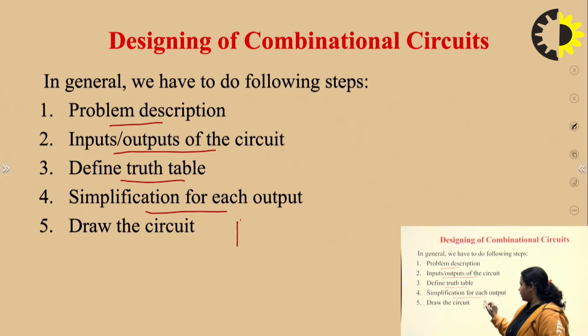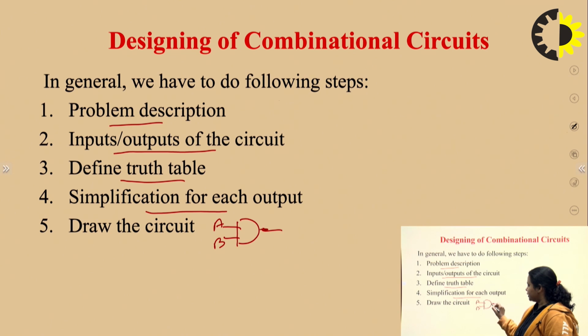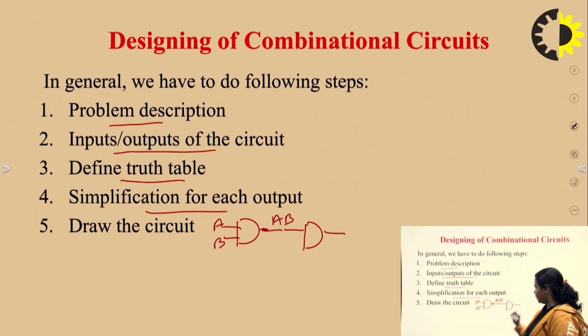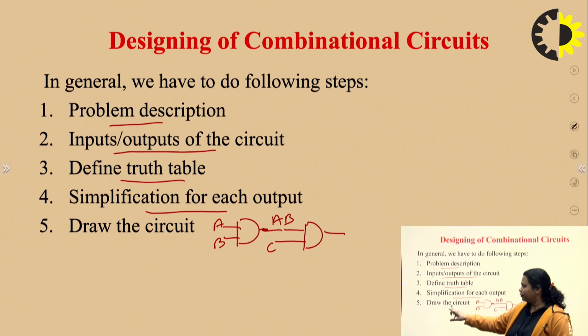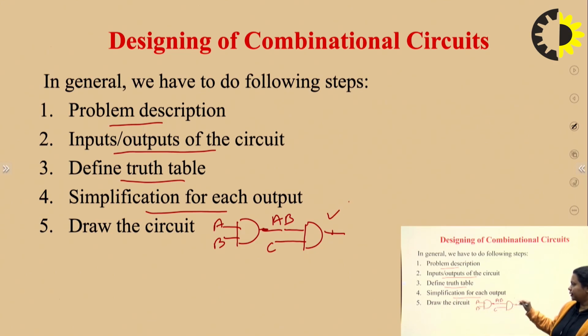That means, suppose you have an AND gate with two inputs a and b. First of all, for this gate you have to decide what the output is. So the output is ab. Then suppose this output is applied to another gate, and similarly c is also applied as an input. We have to write the output accordingly, and the final function will be defined according to these different inputs. Then we have to draw the circuit. So this is the gate circuit I am talking about.